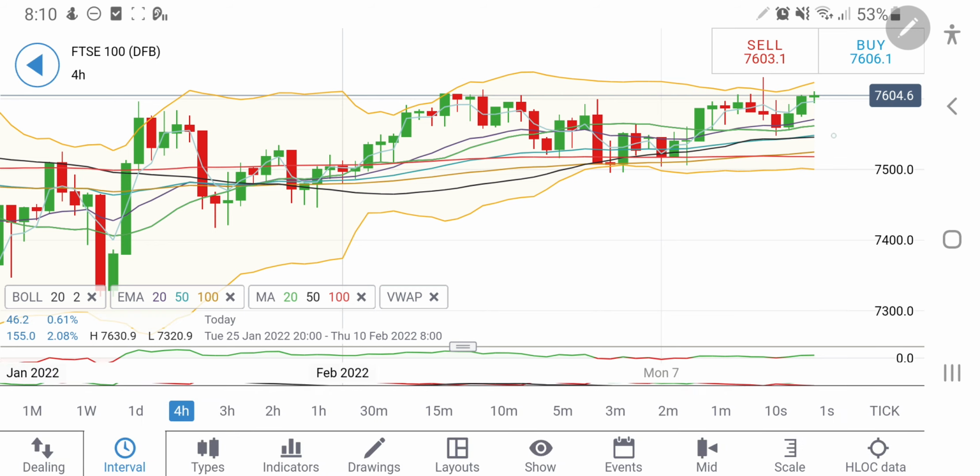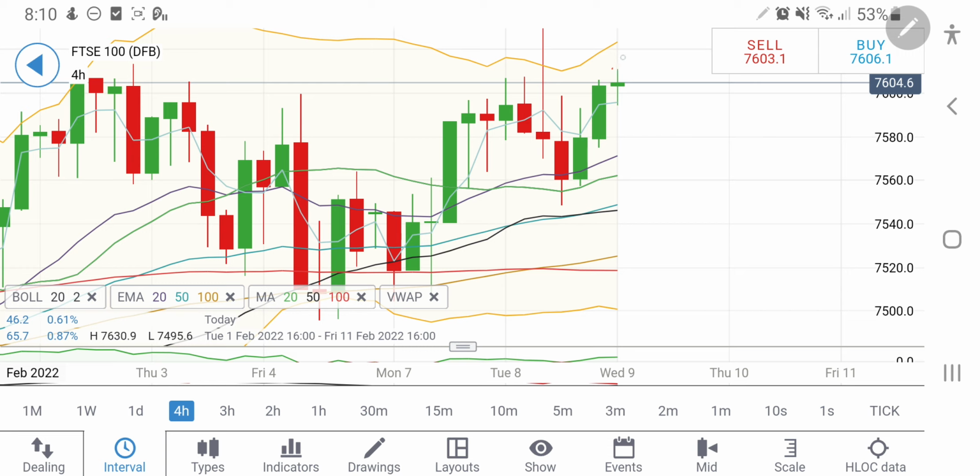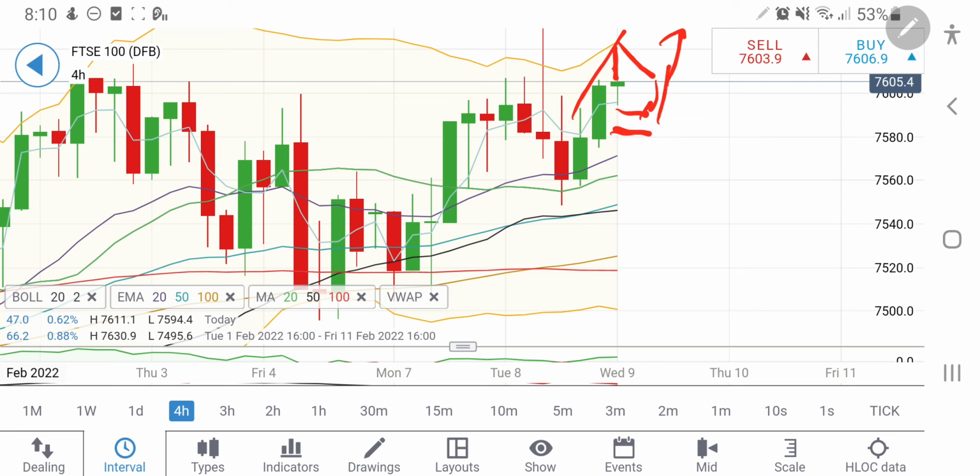On the 4-hour charts, probably we will see a third bullish candle appear, which might take it towards 7620 levels, and from there it may try to make a pole and flag pattern, and from there it can rise again. So till the time it remains above 7580, you can remain long, and below 7580, this zone at 7560 and 7545 should provide a support, and one can remain long around these levels. Definitely it will try to fly higher towards 7650 levels. You can take your positions accordingly.